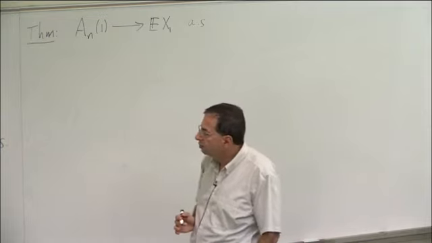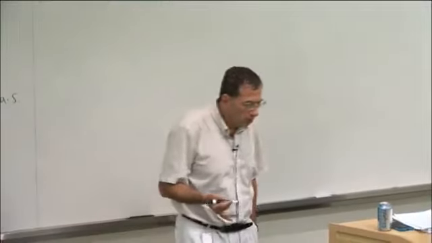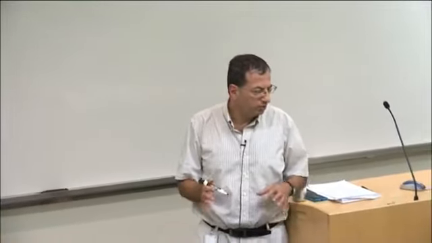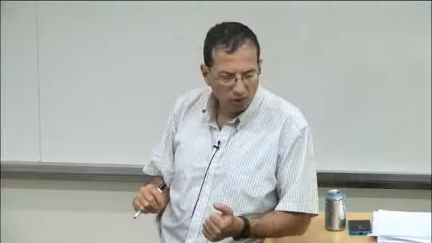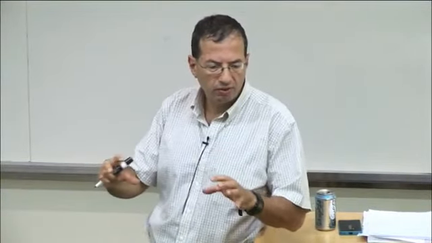Maybe a word about what this means. Instead of invariant functions, you can think just of invariant events. An event B is invariant if T inverse of B equals B, and it's equivalent to just assume that all invariant events have probability 0 or 1. That's another form of ergodicity. And yet another form is that for any two sets of positive measure, if you apply T enough times to one, it will intersect the other at positive measure. So you cannot have two sets of positive measure that don't see each other when you apply T.